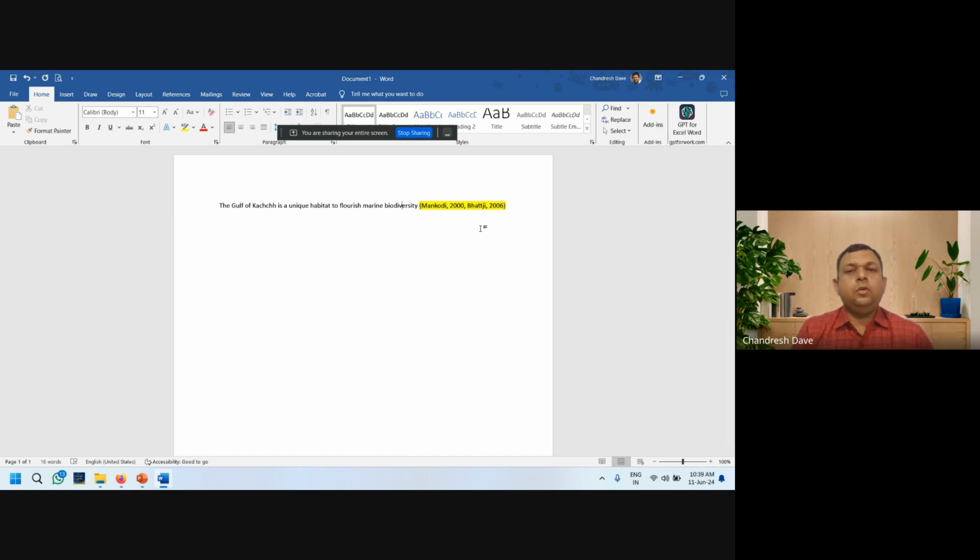one may not be able to find the proper detail of this referred article, or they may not be able to find the entire article. So at the end of the entire text, we are supposed to give the entire detail of that article. That is called bibliography or references. They are all used simultaneously.